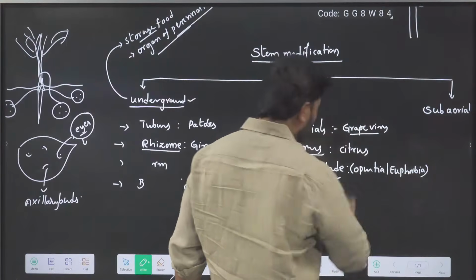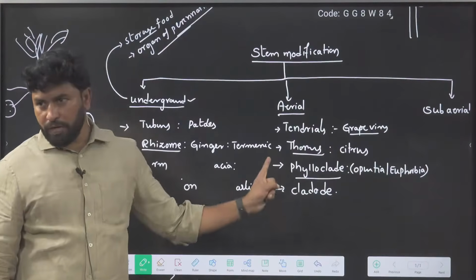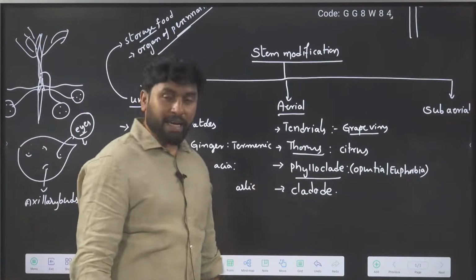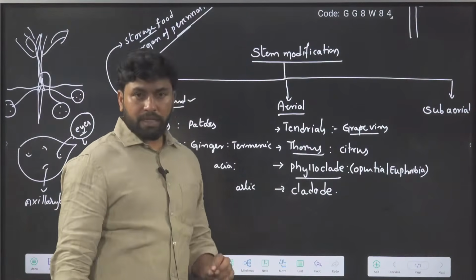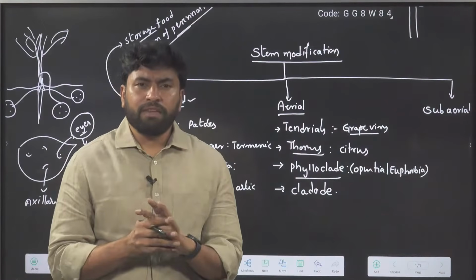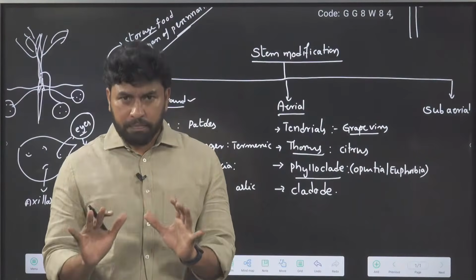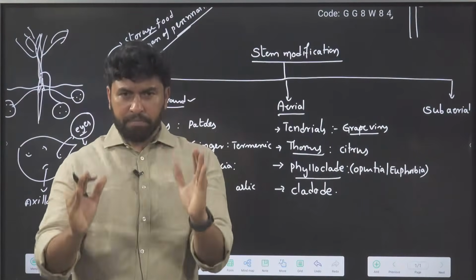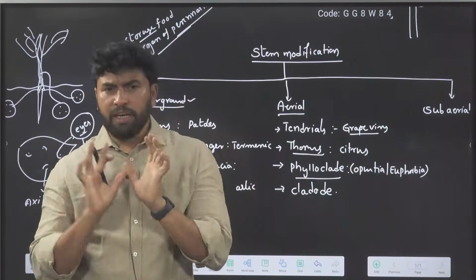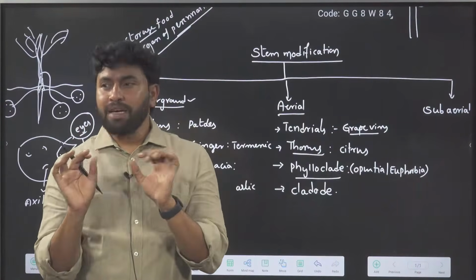Opuntia and Euphorbia. Then what about cladode? I will show you all of them anyhow. What about cladode? Cladode is nothing but the entire stem is not going to be modified in the form of a green flat leaf-like structure. There is a main stem, only branches, careful with the statement, only branches become green and